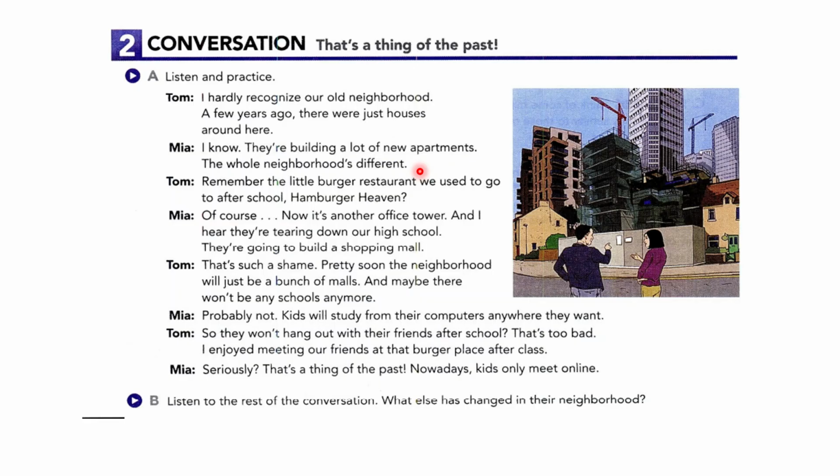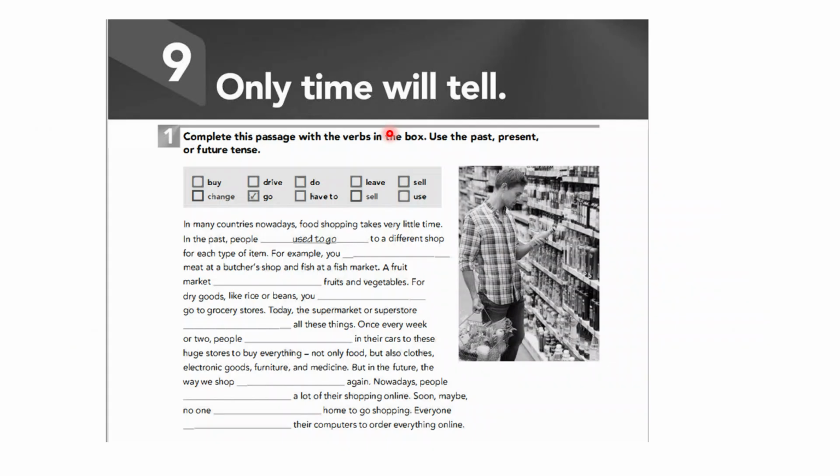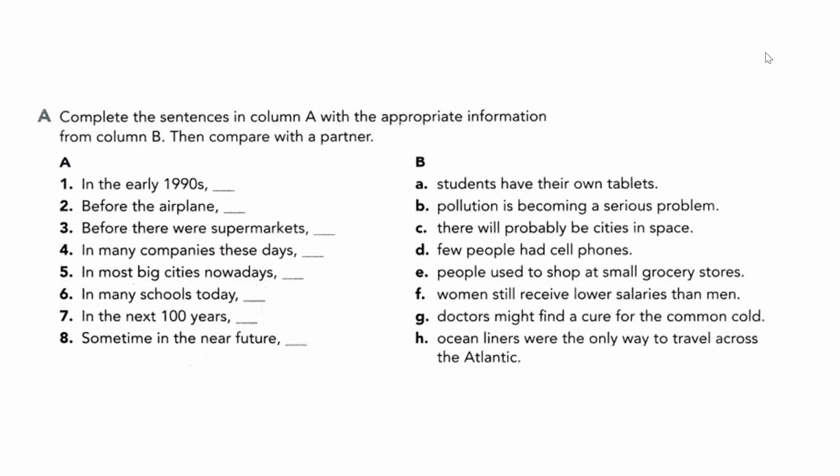When this book was written, we were nowhere near that, and now we're almost at the point where the majority of the gathering people do is online. Well, here in DR, we still meet in person, but in other countries, this is a reality. People normally exchange information or share information through social media. People spend more time in their houses than outside, as we used to do when we were younger.